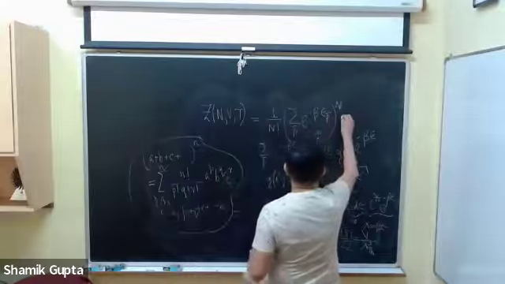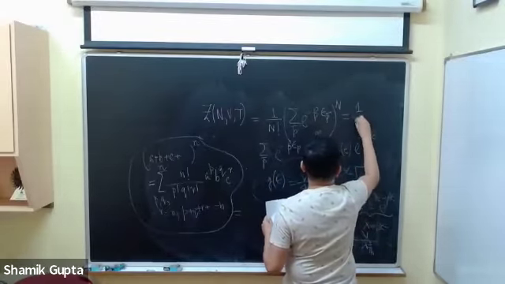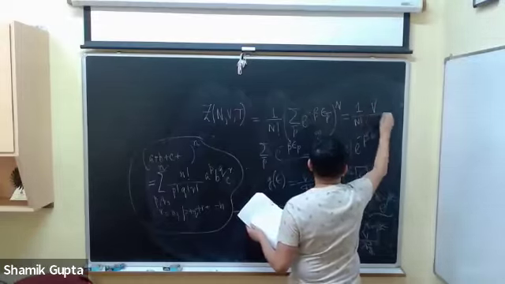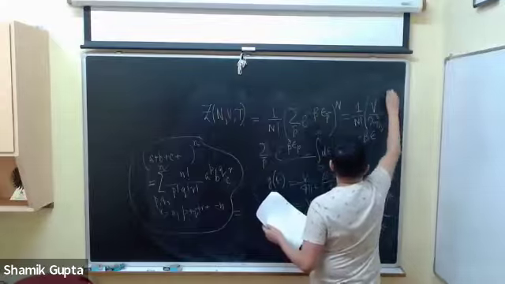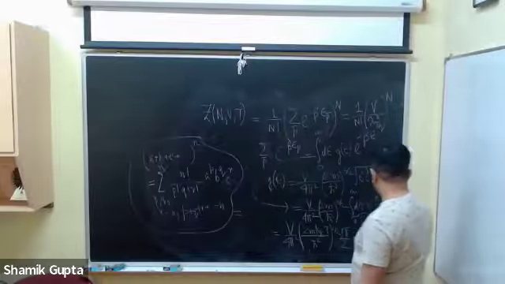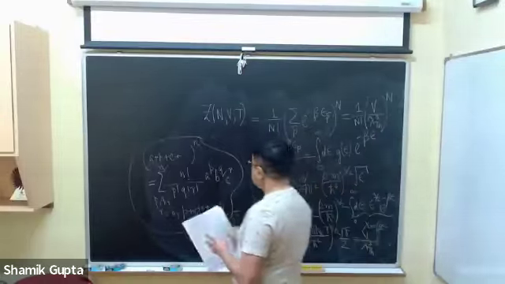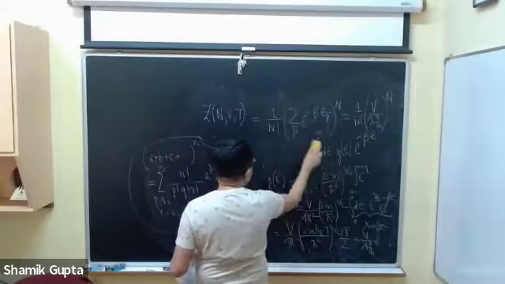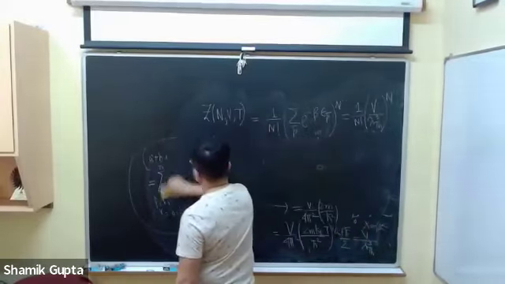So therefore, this canonical partition function is nothing but 1 by N factorial of (V divided by lambda thermal cubed) whole to the power N. Why do I get this whole to the power N? Because I just evaluated the bracketed term here. So therefore, I need to do V by lambda thermal cubed whole to the power N to get the canonical partition function. So once I know the canonical partition function, then it is quite easy to compute the grand canonical partition function.